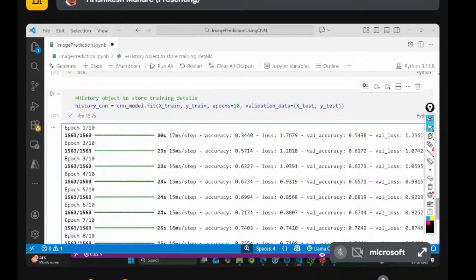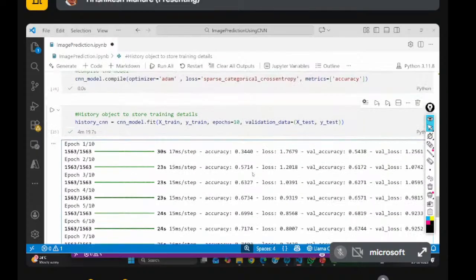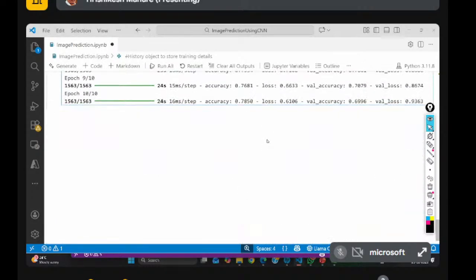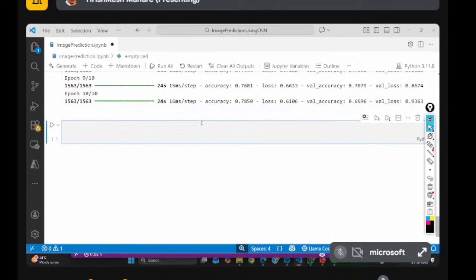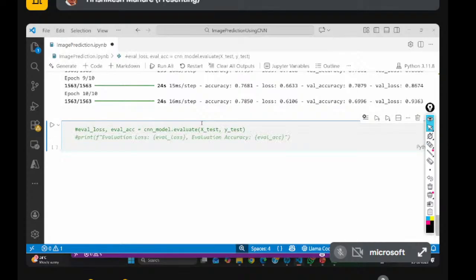Now, see what we get. We get the accuracy done. Now I'm going to evaluate the loss and evaluate the accuracy. I'm going to do the evaluation of the loss and the accuracy. So what am I writing here? I'm writing